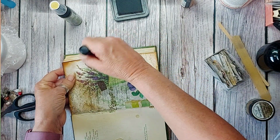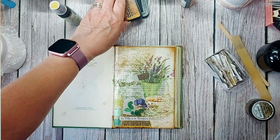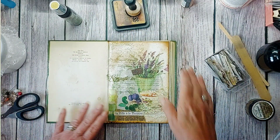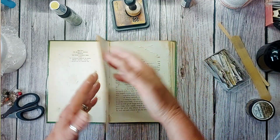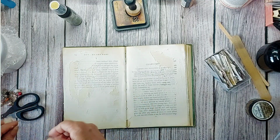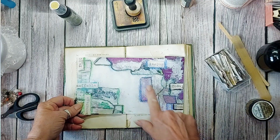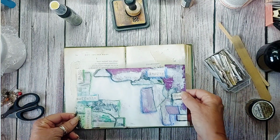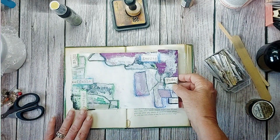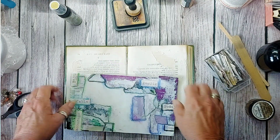And I'm just going around the edges. And there we are. That's our first art page in our altered book. Anything goes with these things. You don't have to put napkins in. You can put pictures. I sometimes like doing things like that, and all that is just bits of magazines and things like that. And I think that's what we'll do. We'll do sort of a full page, double page spread